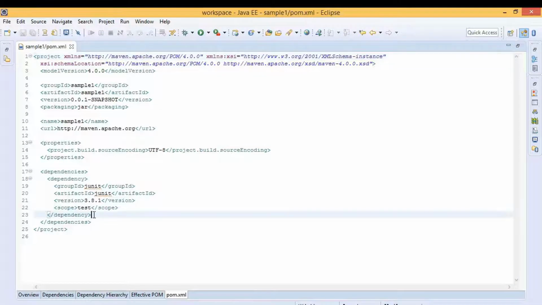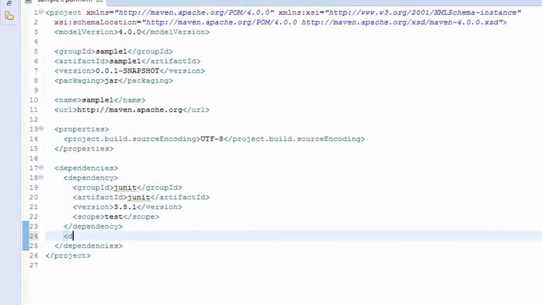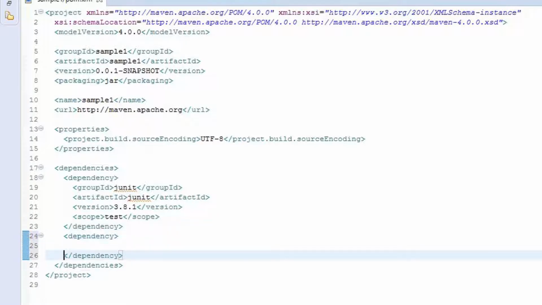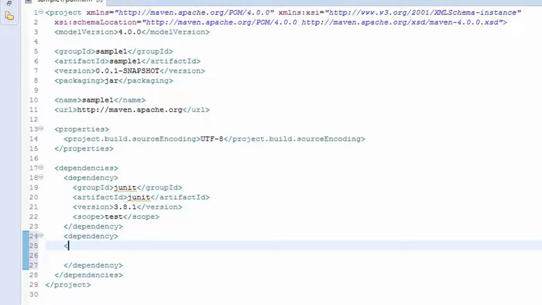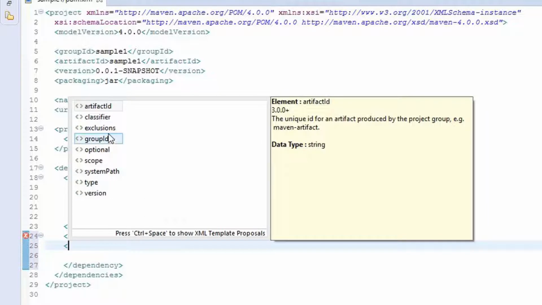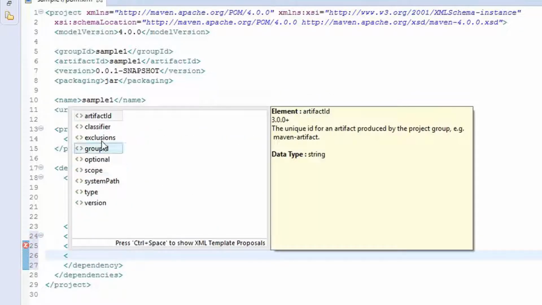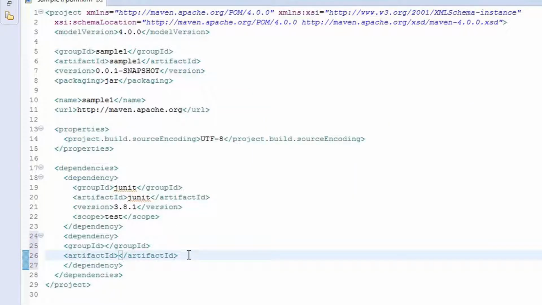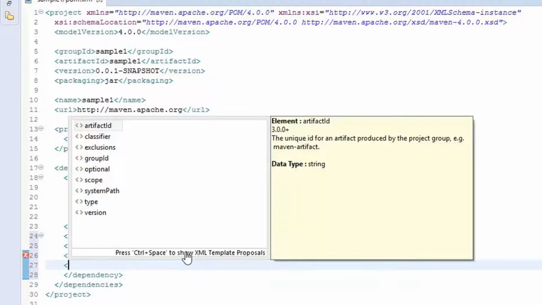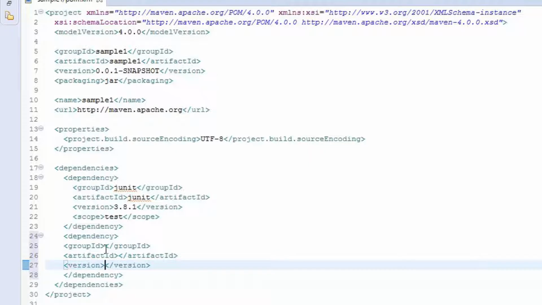In the dependency section of pom.xml, we will have new dependencies, and these dependencies will include specifications to provision Docker in our application. We will begin by adding the group ID. We will add Artifact ID, and we will add version as well. So these are three important entries that are required in our Maven project to pull in all the libraries of Docker. Now, we will specify